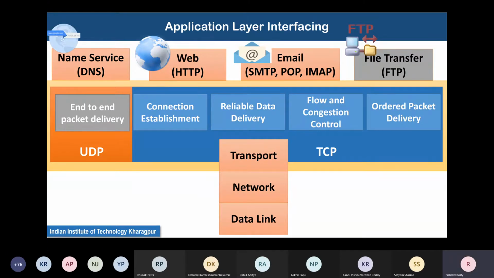Fine. So the last application layer example that we are going to see is called file transfer protocol or FTP.